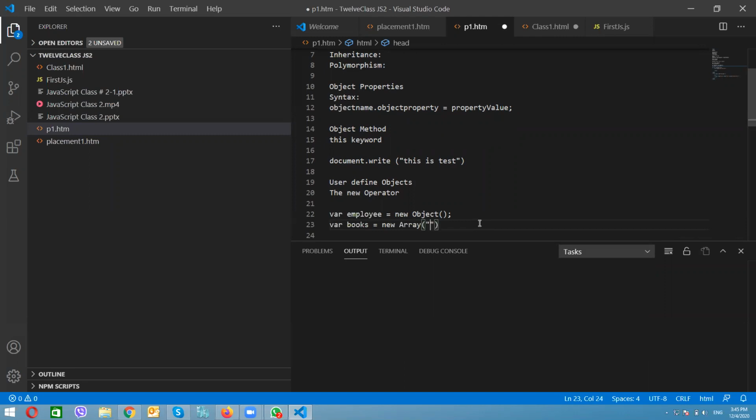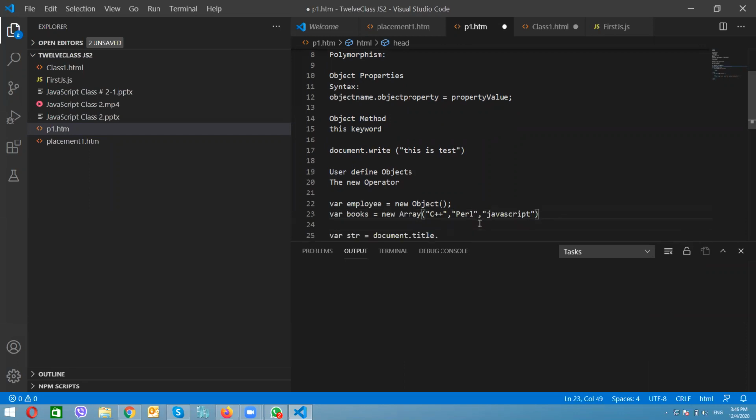We can have C++, Perl, and JavaScript. So we will have many values available under an array, and also we will have Date. Let's do some practice on how we can create an object.